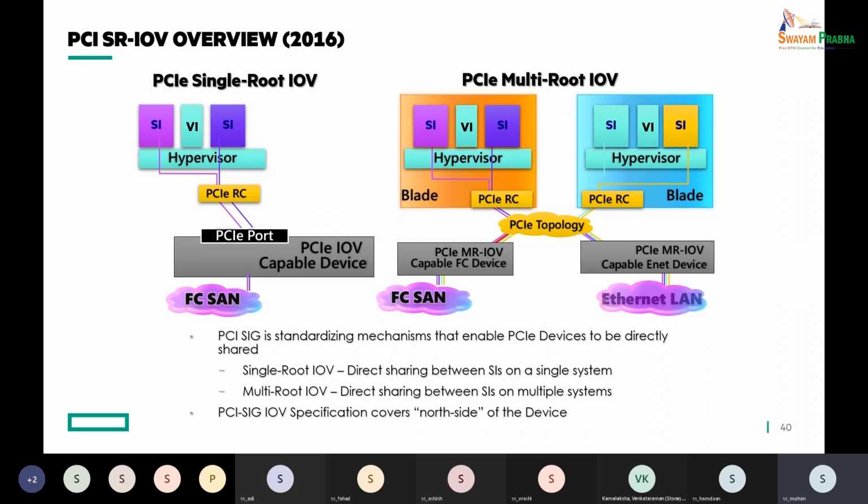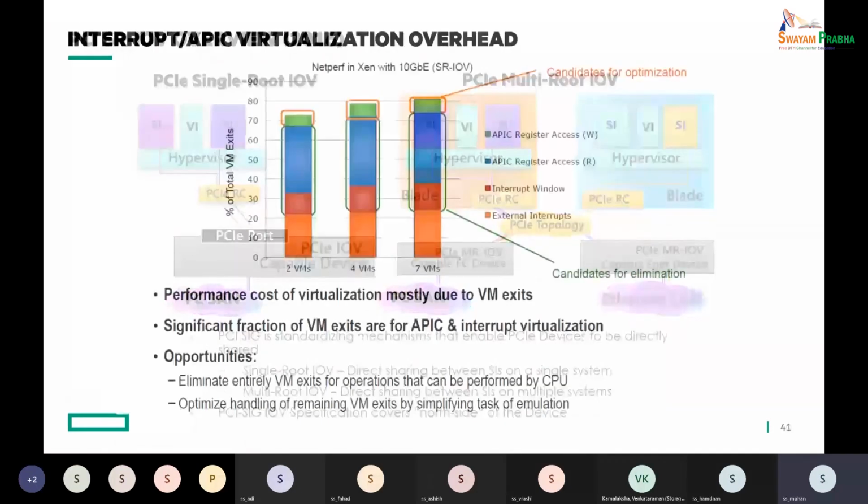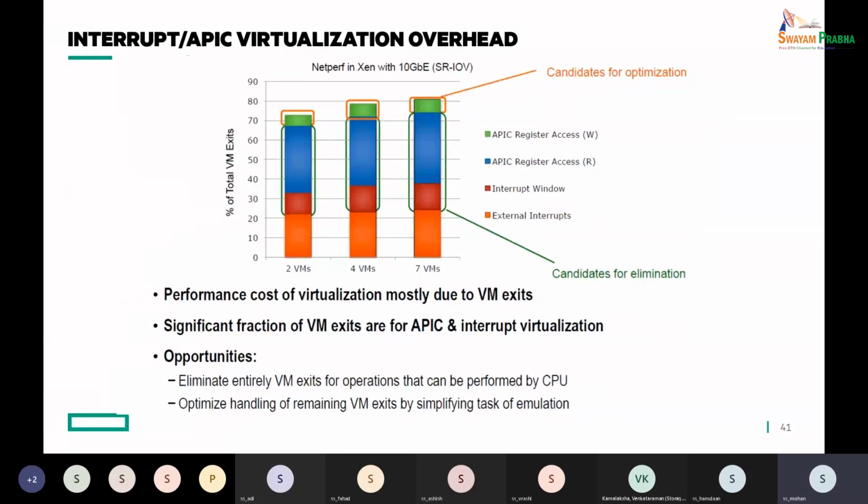So yeah, we'll not talk about MRIOV. SRIOV is what became popular after 2016, and I think in the last 4 to 5 years you will see that quite a few cards have implemented SRIOV today, especially on the networking side. Most of the Mellanox and other cards around 100 gigabit Ethernet, 200 gigabit Ethernet, and the smart IO cards which are coming out now with Pensando and others, all have the SRIOV capability to support multiple virtual functions, so that they can be assigned to multiple guests